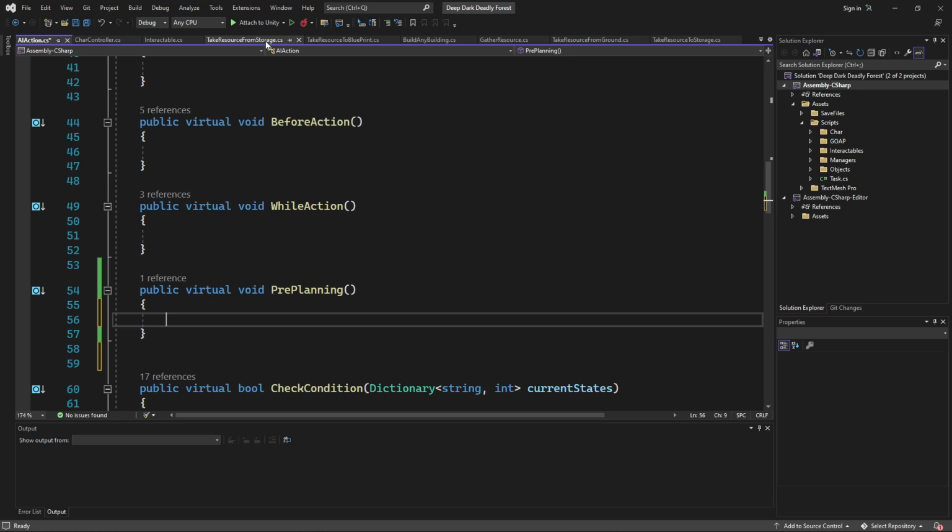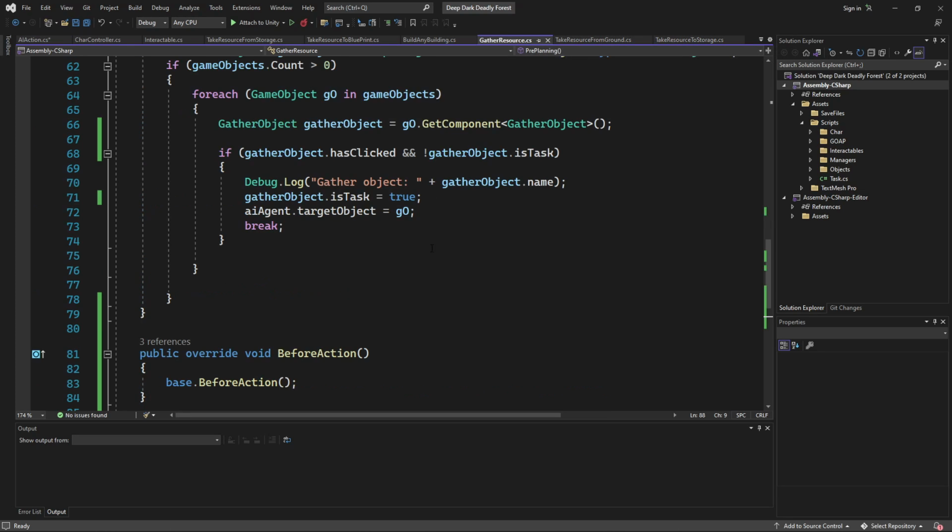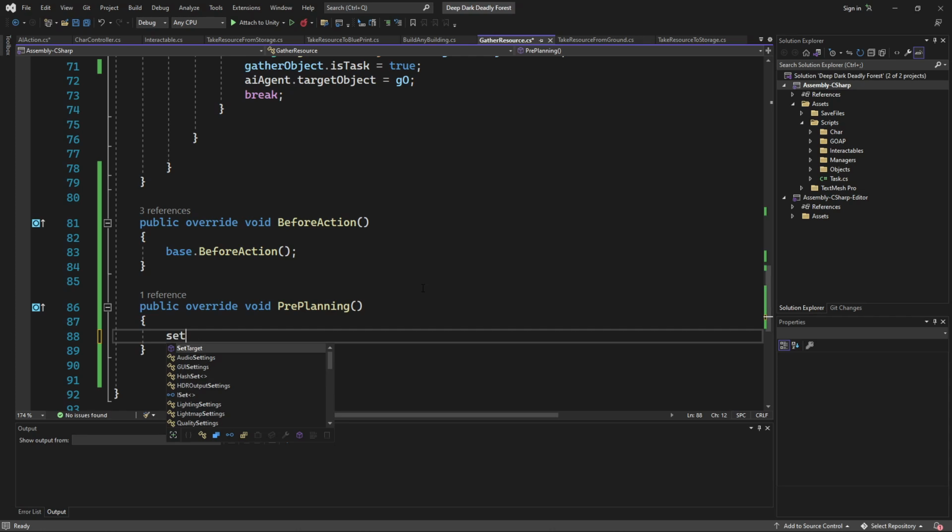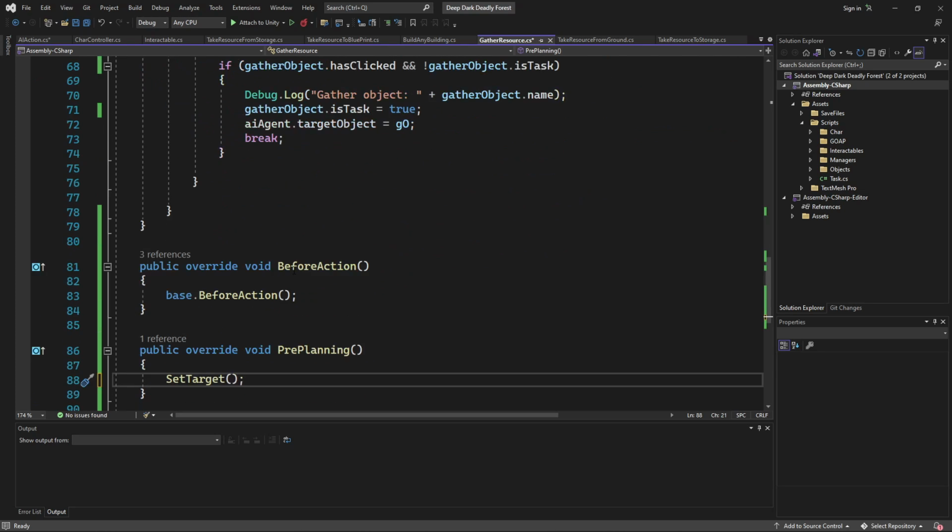For example, if part of our plan was to take, I don't know, I'm just trying to think. Let's say part of our plan was to get like a resource off the ground, but that wasn't yet there. We couldn't set that as a target. So maybe just in the gather, maybe here we set the target. And so when we set the target here,